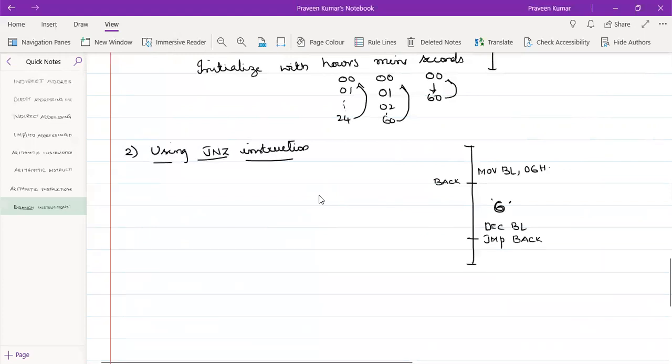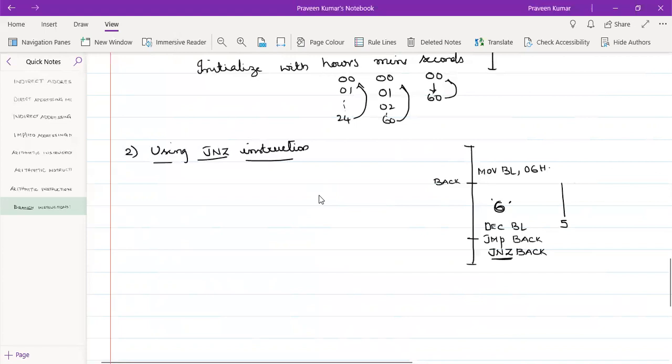Rather, I'll be writing JNZ back. That is jump if not 0. So the moment DEC BL comes, it will give the 5th iteration.